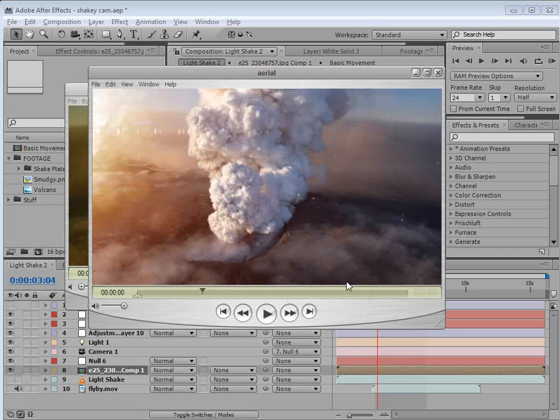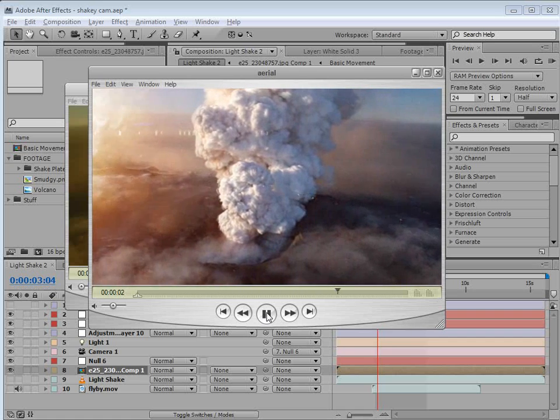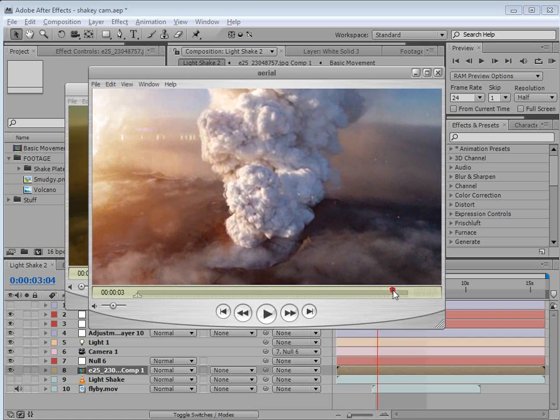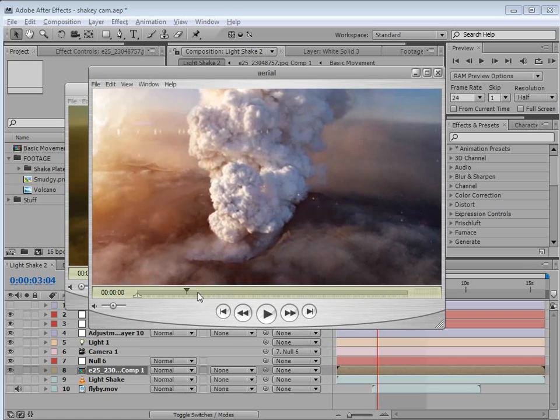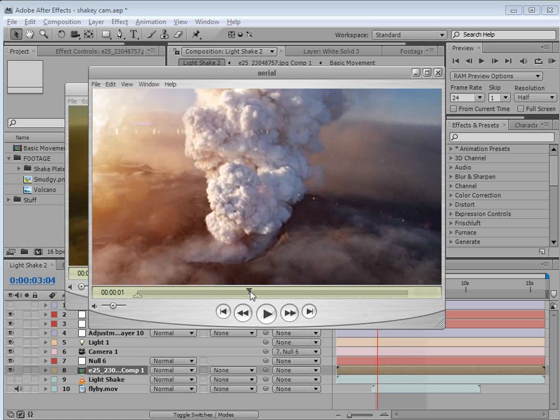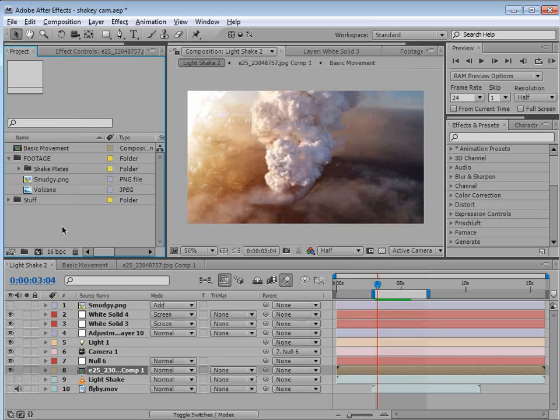Now here's another example, a little bit simpler. So you can just see the parallax that makes it look like it's actually video. So let's go and take a look at creating this effect, and I'm sure you're going to find some interesting techniques within. All right, so here we are in After Effects, and I have this picture of a volcano